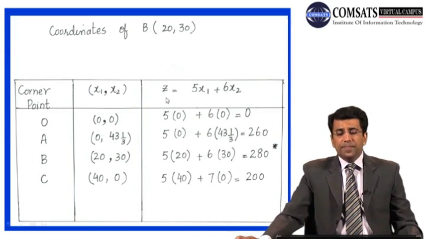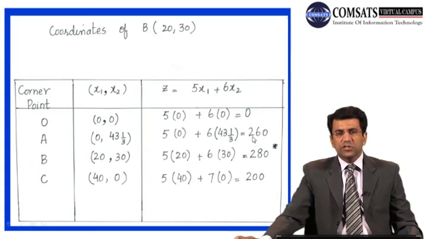Now this is our objective function, or the profit maximization function, that is z is equal to 5x1 plus 6x2. Now what we will do, we will put these values of x1 and x2 in this particular objective function. Now in the first particular case, at origin, the value of course will be 0. At the second corner point, that is point A, if we put x1 is equal to 0 and x2 is equal to 43.3 in this particular equation of objective function, we will get the value of objective function as equal